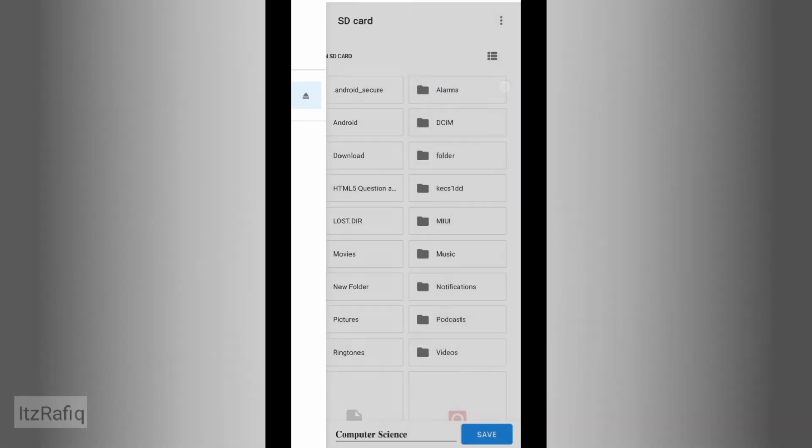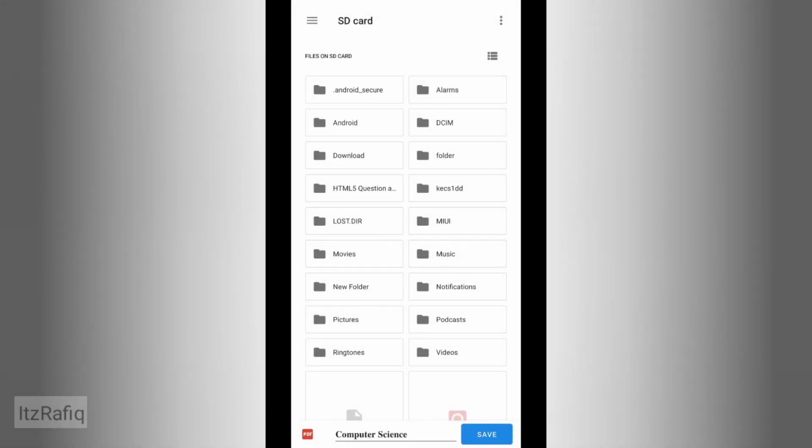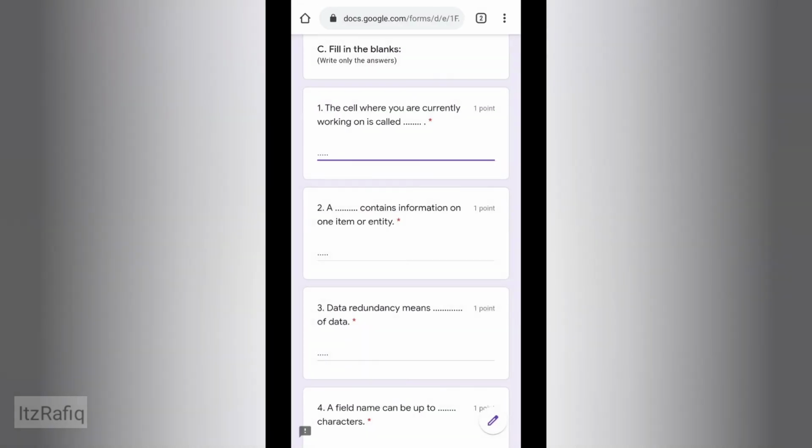As I have selected the SD card, my file will be saved on the SD card. Now if you want to change the name, you can change it, then touch on save. So your file is saved as a PDF file in your mobile.